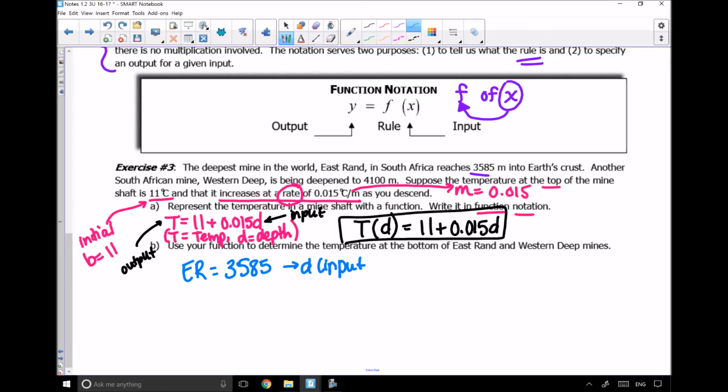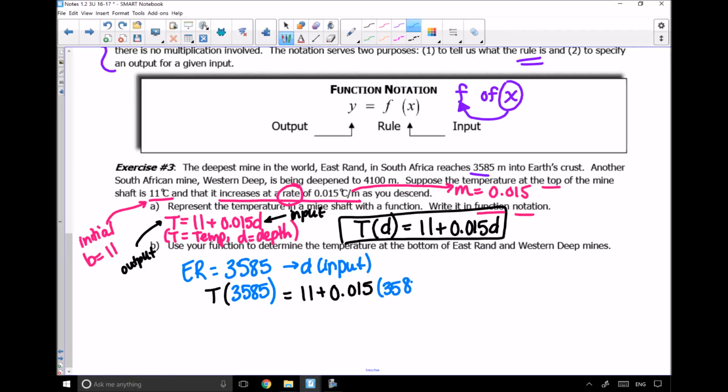So how do I use my function rule? Well, if my function rule says T of D, this is saying put in whatever input you think you need to figure out. So my input is 3,585 meters. And then the rest of the equation says equals 11 plus 0.015 multiplied by my input